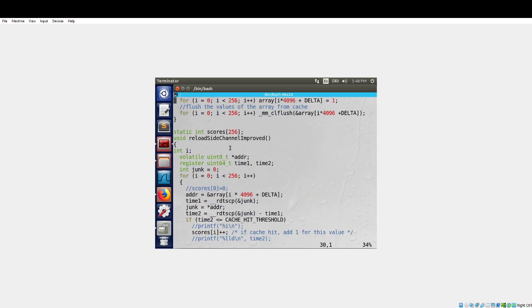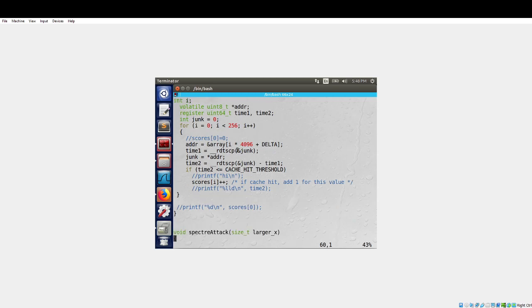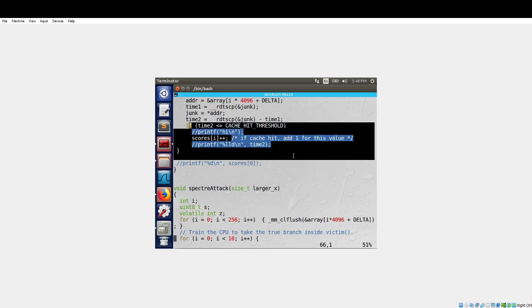So I came up here. I was looking through the list. I didn't know if they were getting the right values. Maybe this if statement wasn't working out. Basically, this is just saying if this is below our cache hit, which we have set to 80, then it'll add one to that array score. So that's where the hit would come from. I used a print statement just to see if it was actually going in there, and it was. I just wanted to make sure that that if statement was working properly, and it was.